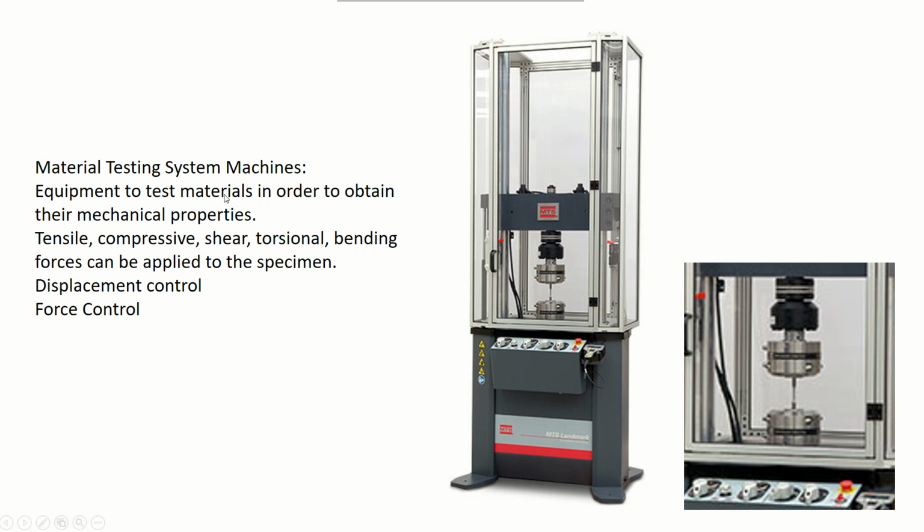Material Testing System machines, or MTS, that are shown on this slide from the MTS website, are machines that are used to test specimens for their mechanical properties. Tests such as tensile, shear, compressive, bending, and on and on could be done on specimens with this equipment. It has a fixed grip and a mobile grip, and the loads that could be applied to specimens are either